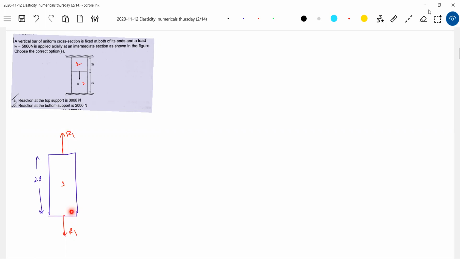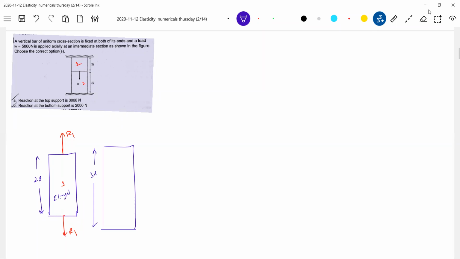If it is not equal, it will accelerate, no? Is it possible for this to accelerate? Not possible. It should be a static test only. Its maximum elongation should be static. Net force should be 0, so I should take equal forces. Similarly, what will be the forces acting on the rod of length 3L? What is the state of this section 1? Shall we say it elongates? Look at the forces that are acting.